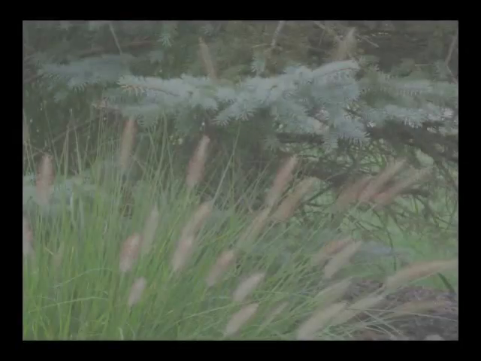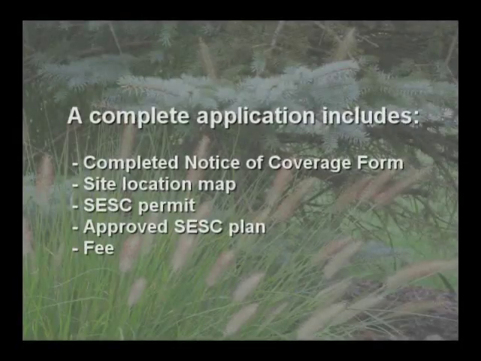For earth changes 1 to 5 acres in size, stormwater coverage under permit by rule is automatic once the SCSC permit is issued, or if work is being conducted by an approved APA. For earth changes 5 acres and greater, a notice of coverage form must be completed and sent to the DEQ, along with a site location map, a copy of the SCSC permit, a copy of the approved SCSC plan, and